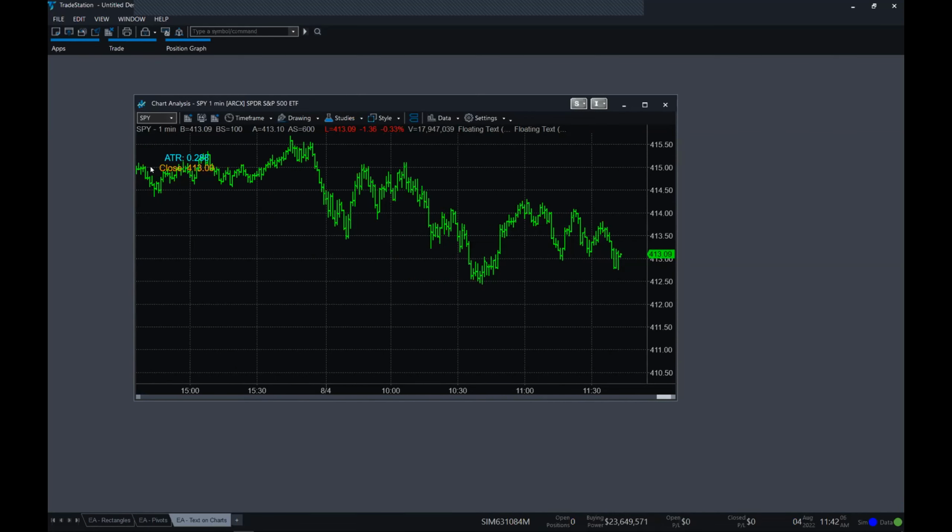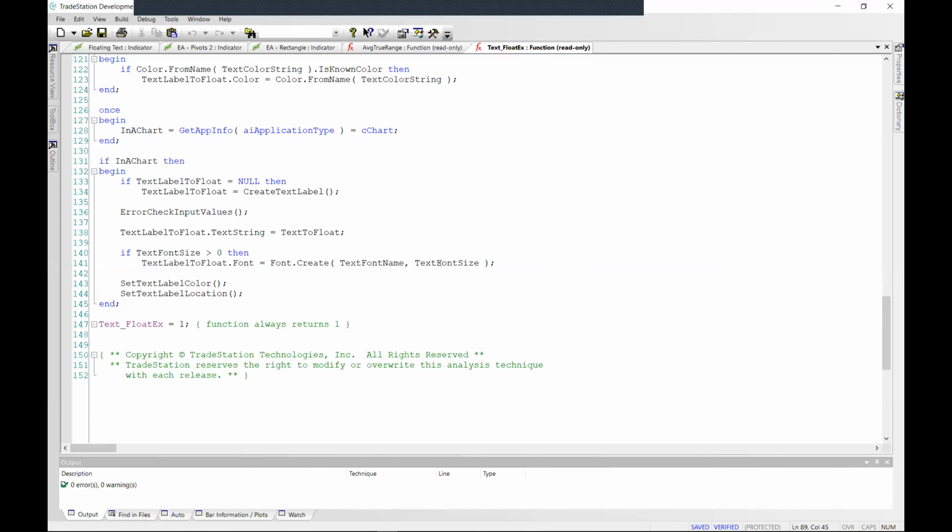Right, right. Yeah. And the reason I wanted to show the code is that making it look exactly the way you want might entail something like, well, maybe I want a bold font. Well, you could create that. The font class has the ability to make it bold and all that kind of thing.